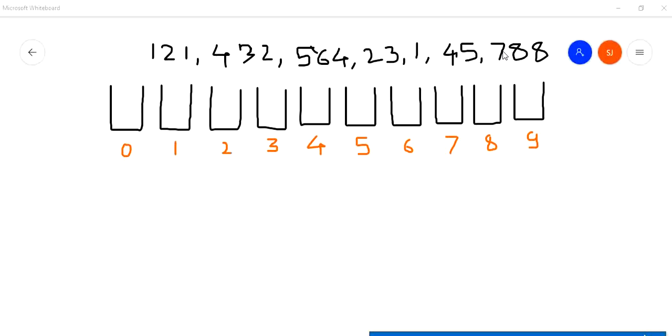Generally we follow the decimal number system, and in the question paper it is not mentioned which number system you are using. Generally it is the decimal number system only. From the numbers themselves you can identify the digits 1, 2, 4, 3, 5, 7, 8, 8. These are digits from 0 to 9. If you are using a decimal number system, it doesn't mean you are using 1 to 10, you are actually using 0 to 9. If you are using a binary number system, it doesn't mean 1 to 2, it is 0 to 1. Remember it.